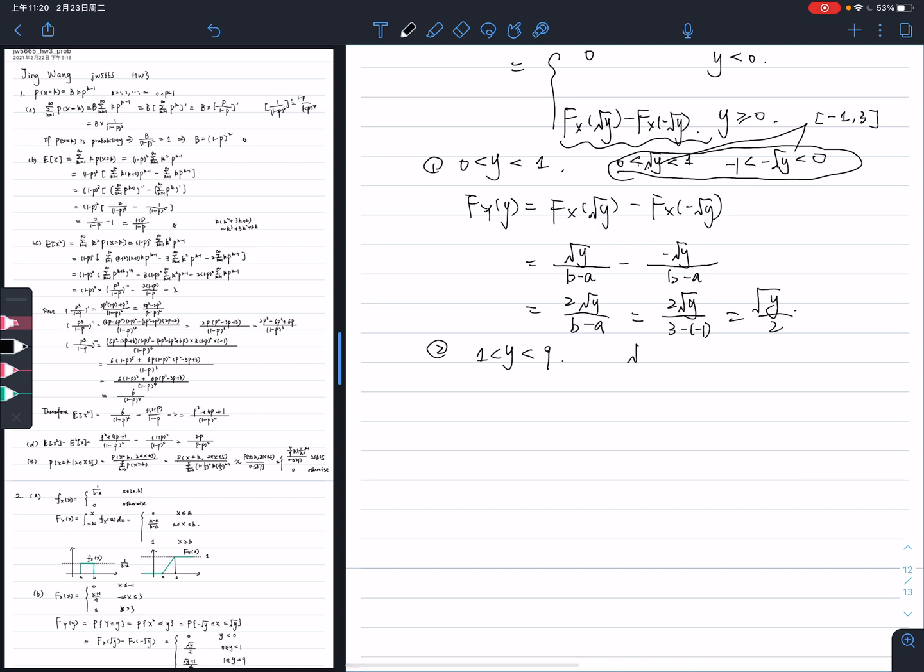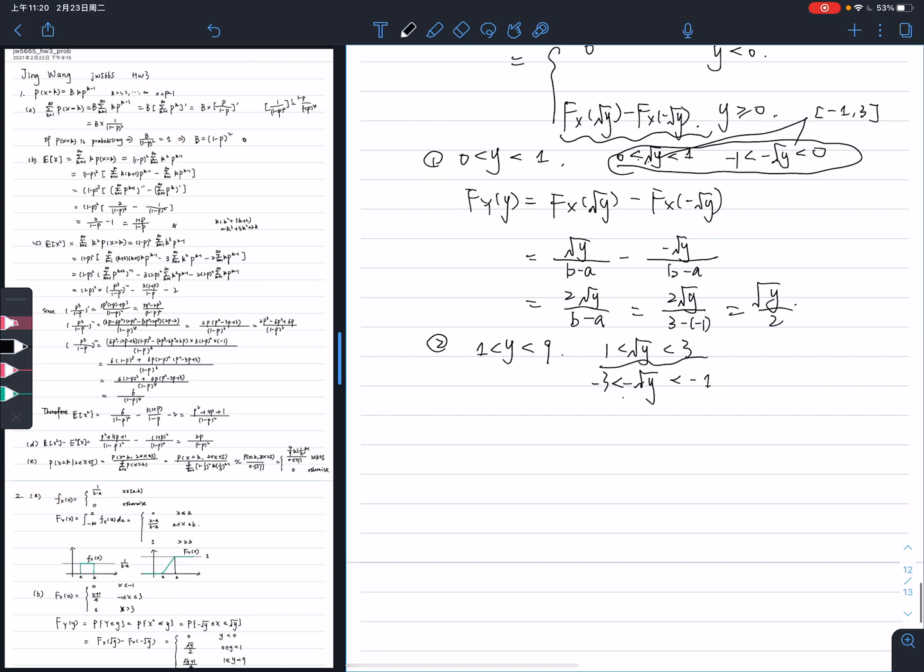So at this time the square root of y is larger than 1 and smaller than 3, and the negative square root is smaller than -1 and larger than negative 3. So this is in the interval AB. So this is not, and this is in the interval -infinity to -1. So at this time the CDF is